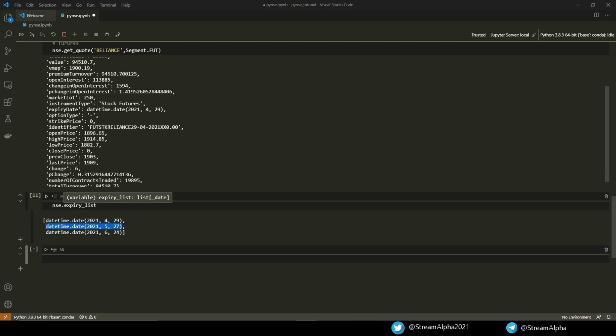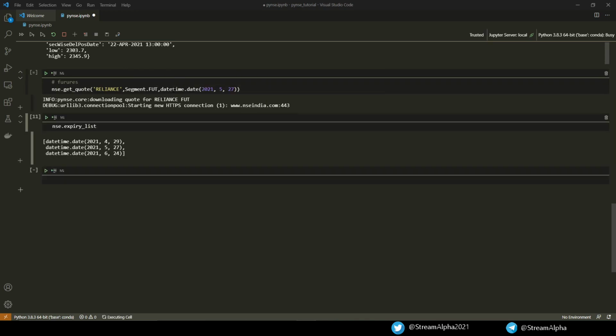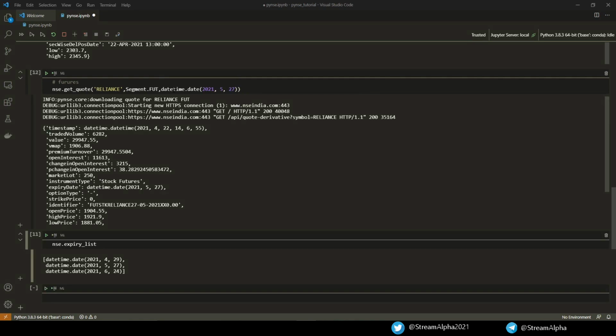Now you can select expiry from this expiry list and request a quote again for a specific expiry date. And same goes for options expiry and strike list. Once get quote without expiry and strike and then select the expiry from expiry list and request a quote once again. I hope you are getting the trick and how efficiently you can get the expiry dates and strike prices.